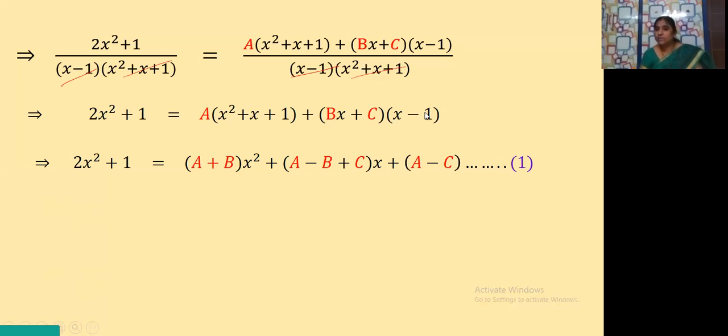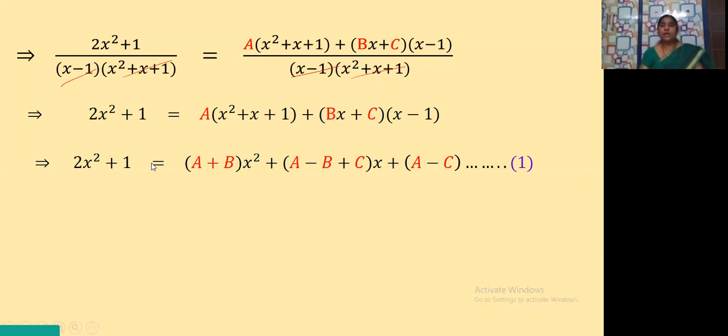Bx into minus 1 is minus bx. That is the minus b coefficient. Next one is, where do we get another x here? C into x here is also an x term. So the coefficient of x is c. So that's why we have a minus b plus c into x, plus constants. A into 1 is a, c into minus 1 is minus c. So this is the equation that we got.